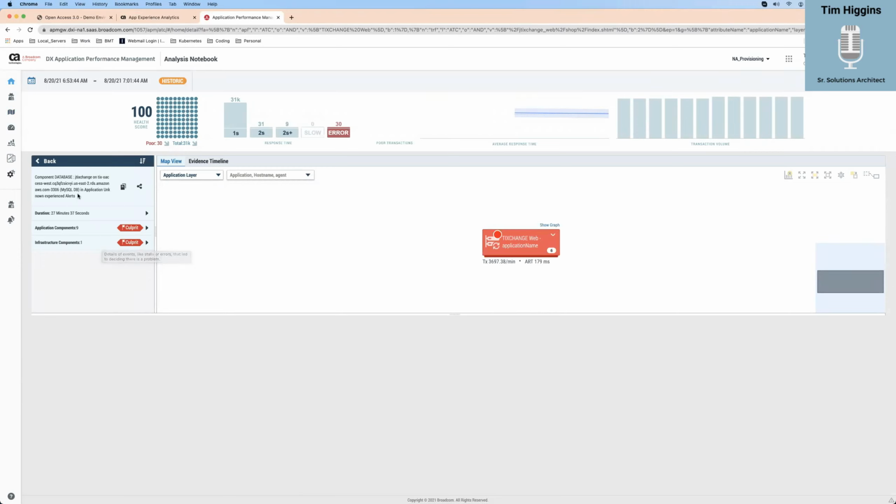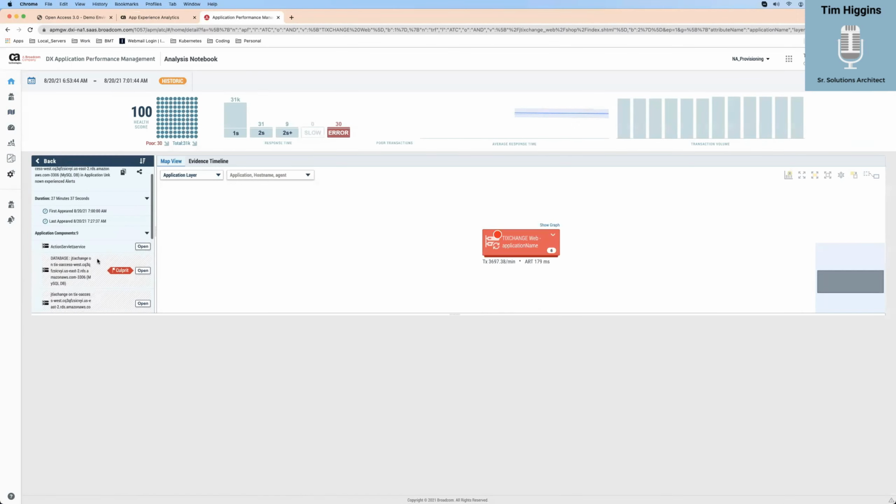So here's the what. We've got a database problem going on here. I can copy this and send it to my end users, or I can just copy it into a notepad or an email. When did this happen, and what was affected? Here we've got 9 components, and down here I've got 1 infrastructure component. That's a database, and it looks like the problem we're telling you is here. Start looking here.